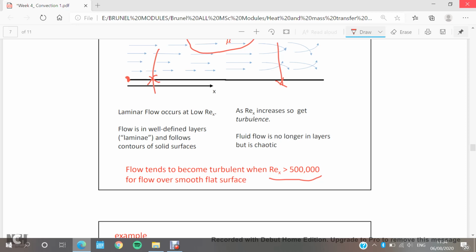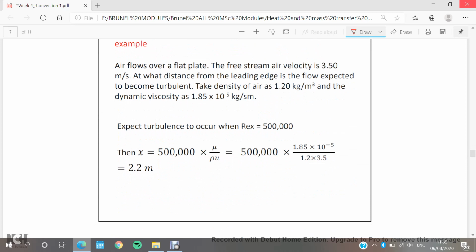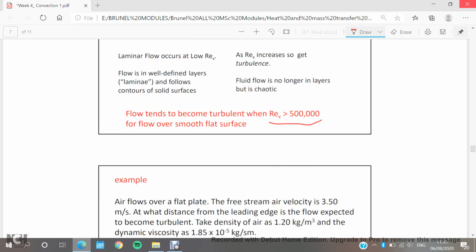In the flat plate, horizontal flat plate, as we said, our turbulent Reynolds number starts from 500,000. If we are doing it inside a tube or over a tube surface, it will be a completely different measurement. Great. Here there is an example